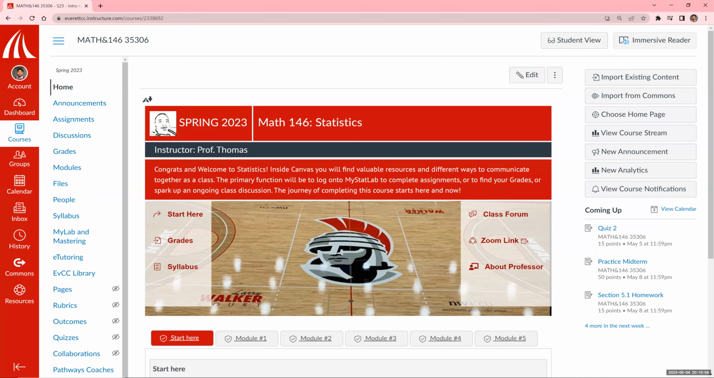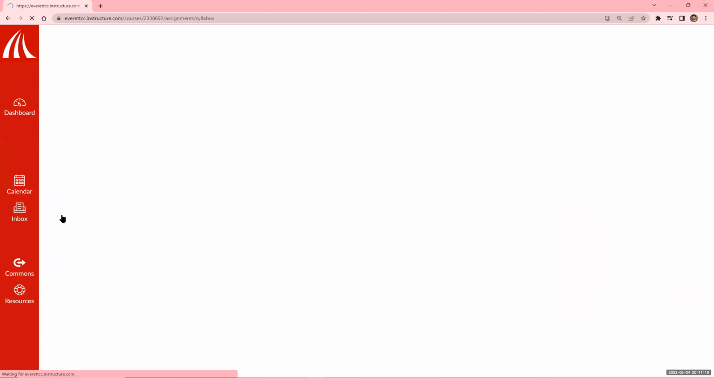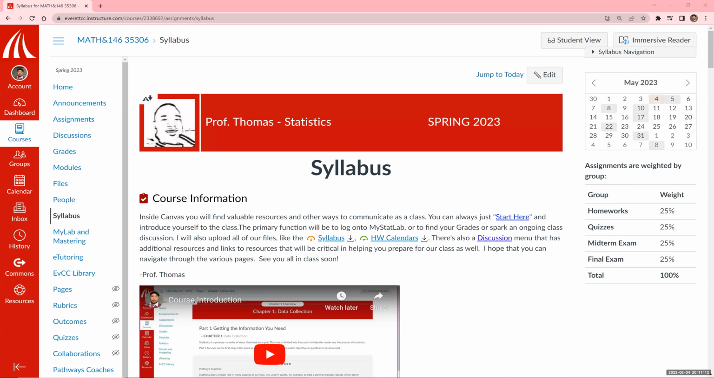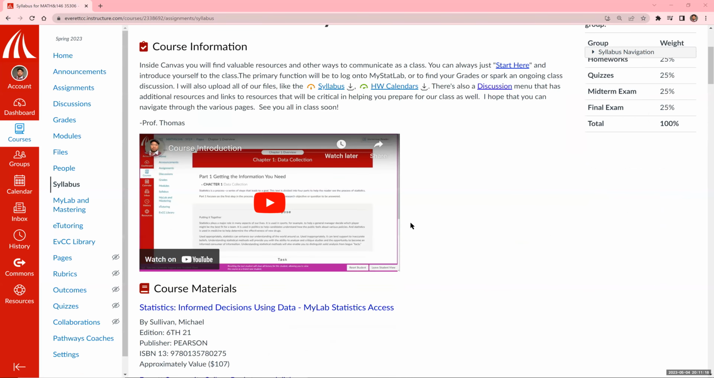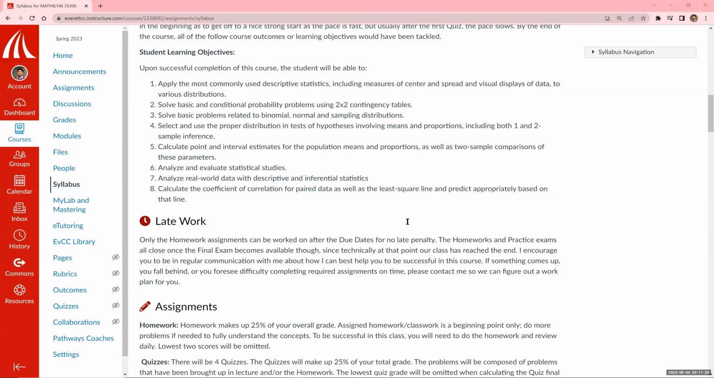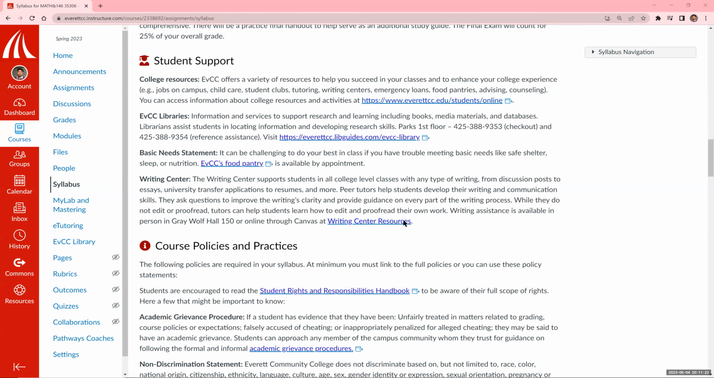We'll start off by discussing the test and when it will be, and we'll take a look at the practice midterm as well. So I'm going to head over to the syllabus section inside of Canvas, and as you can see, if I scroll all the way down to the assignments,